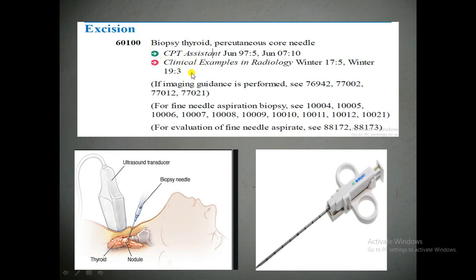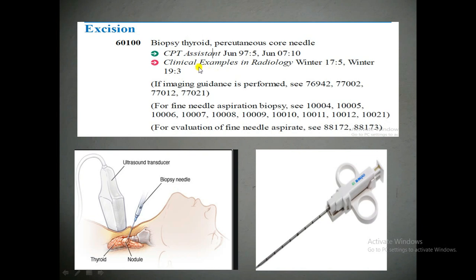So how will he perform it? The physician will take a core needle. See, this is the core needle. They will insert it percutaneously like this with the help of the needle, and they will collect the sample into this needle and send it for pathological investigation. Why do they send it for investigation? To know whether it is malignant or benign. So in this way the physician will perform this procedure.